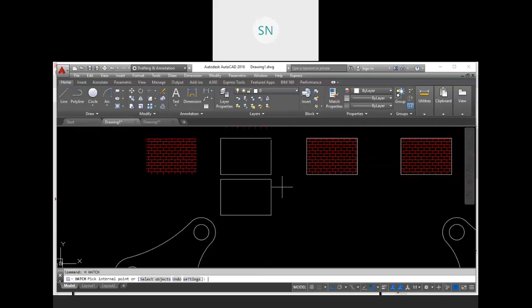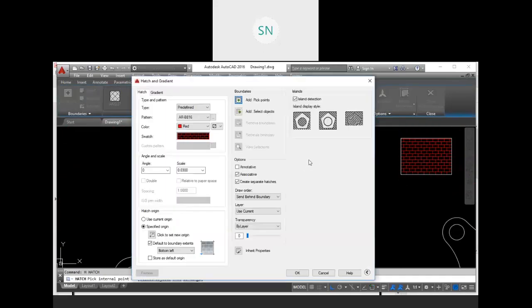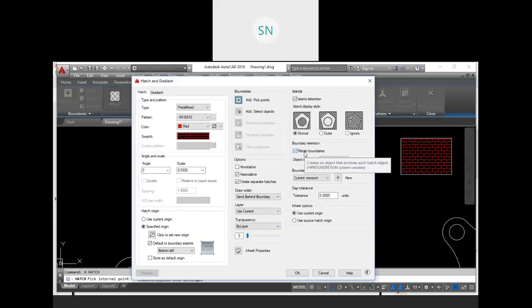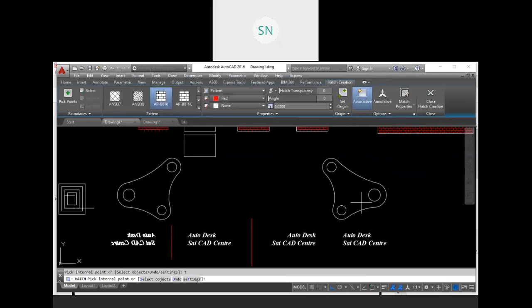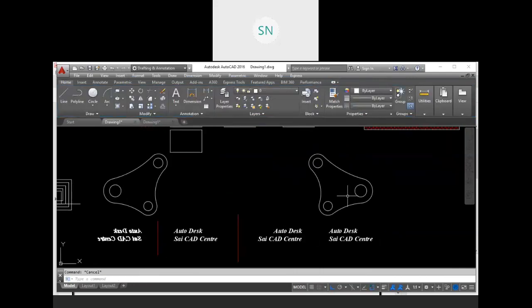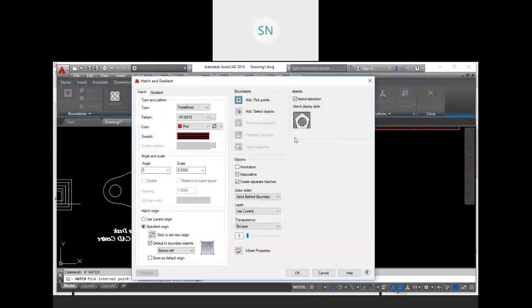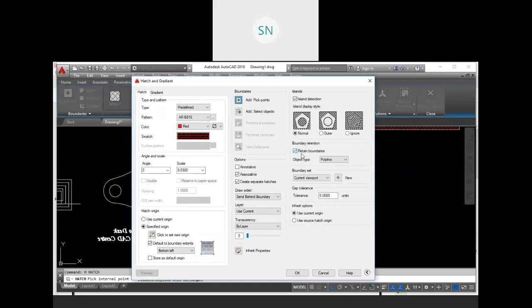So whenever you turn on this boundary retention option, the hatch is going to create a new boundary for you. So make sure that this option is off. Otherwise, what will happen? For example, by mistake, I forgot to turn off this button, right?